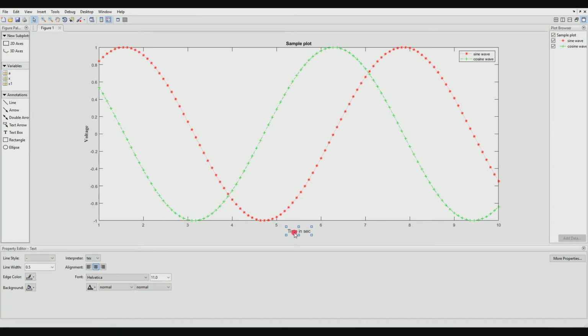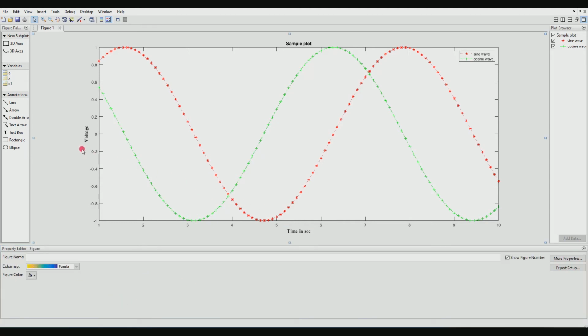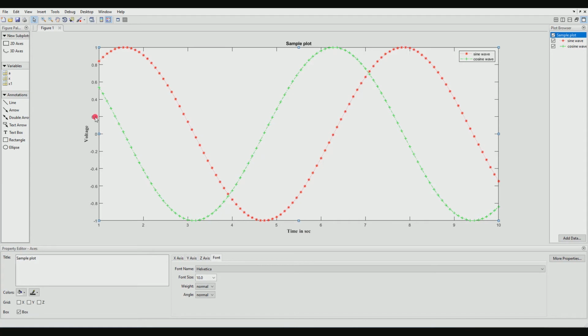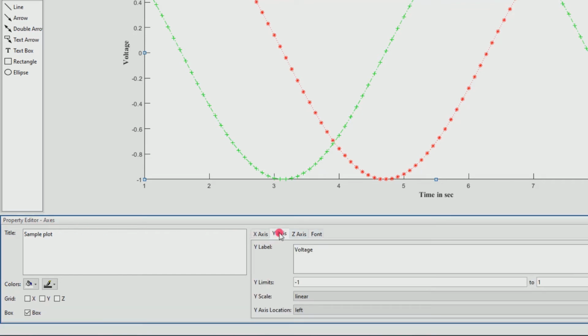Similarly, you can select the x label, change the font, whatever is desired. I am making it Times New Roman. The font size is 12 and the style I am making bold. As of now, we have changed the font style of the x label and y label. If you wish to change the font size, font style of these numbers on the x axis and y axis, you have to click on that number. When you click on that number, you can see the property editor window pointing to the axis. There are three axes by default: x axis, y axis. This is only a 2D plot, so we can change only the attributes of x and y axis. You have to click on the font.